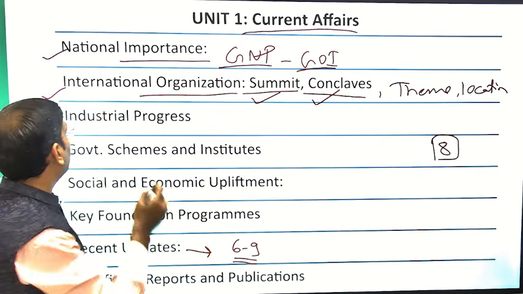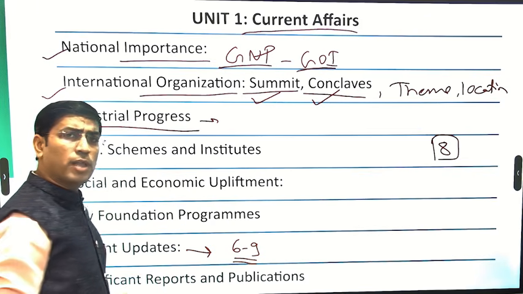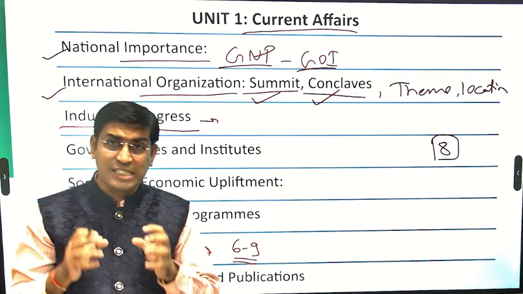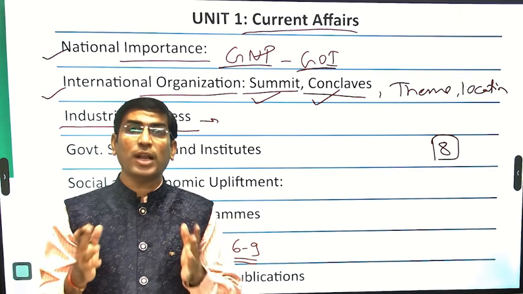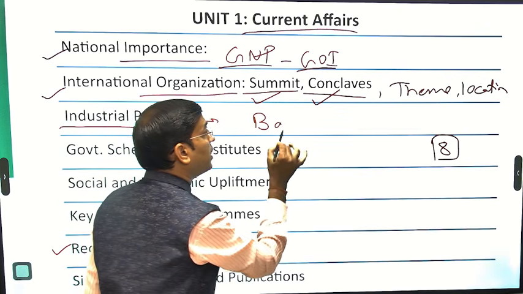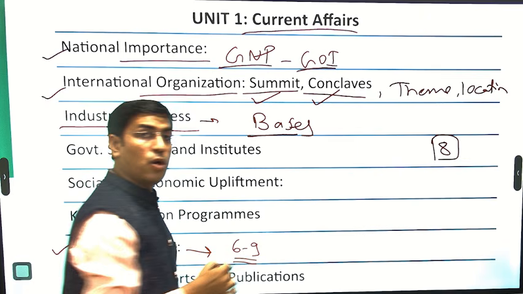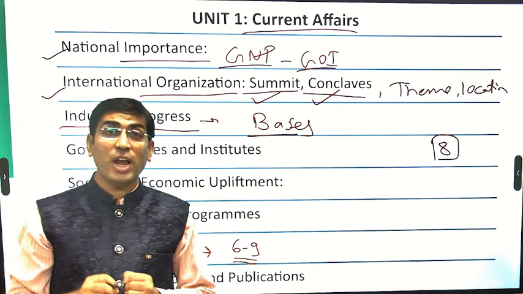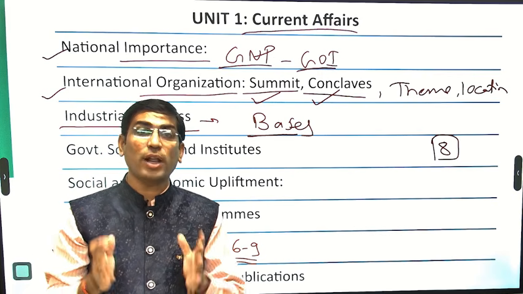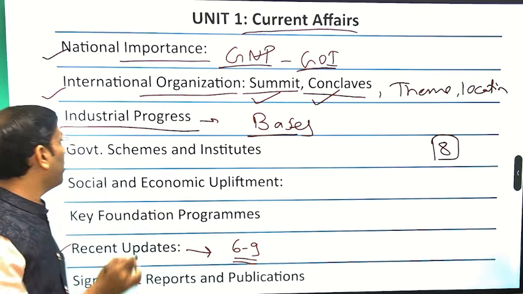Okay, then followed by that, industrial progress, specifically the upliftment of the industrial structure. It could be like Navratna status, Maharatna status, the basis for the particular thing. When we call an entity a Navratna, likewise, the questions could be there.